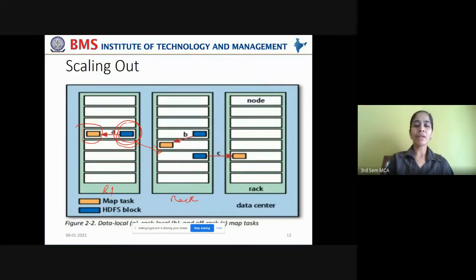This is rack 1, this is rack 2, and this is rack 3. So it will check whether a data node is available to execute the map task on the same rack. If not, then it will check for a different rack data node which is free to take up the map task.